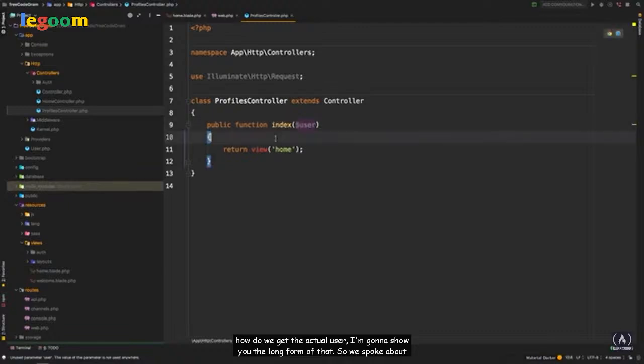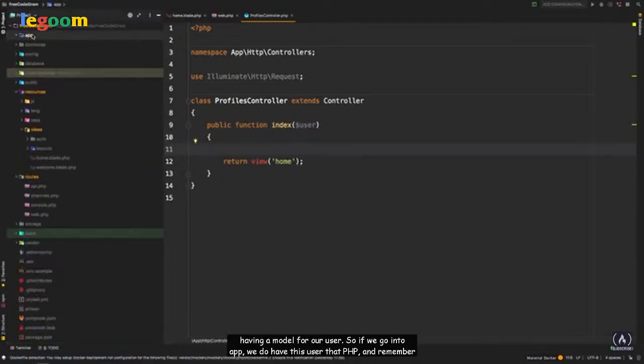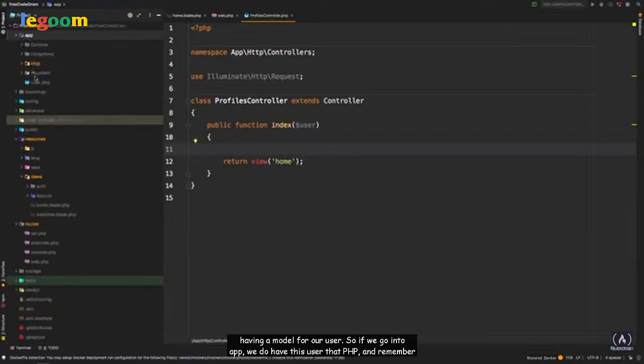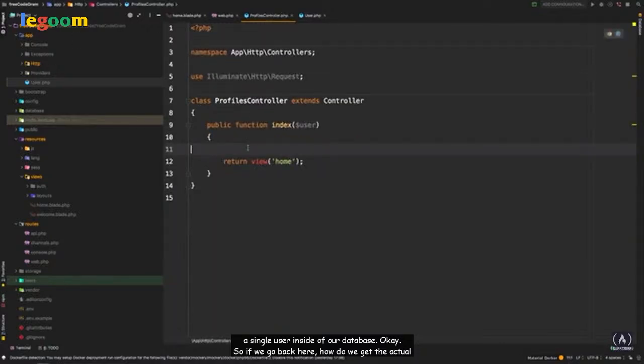I'm going to show you the long form of that. So we spoke about having a model for our user. So if we go into app, we do have this user.php. And remember that I told you that this model represents a single row in our database. So that represents a single user inside of our database. Okay, so if we go back here, how do we get the actual user? Well, you could say User::